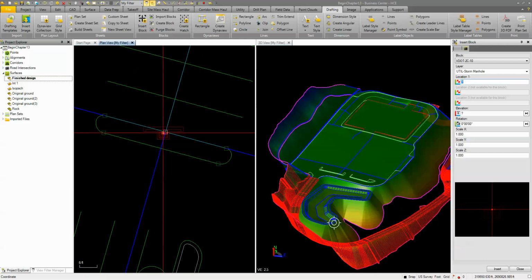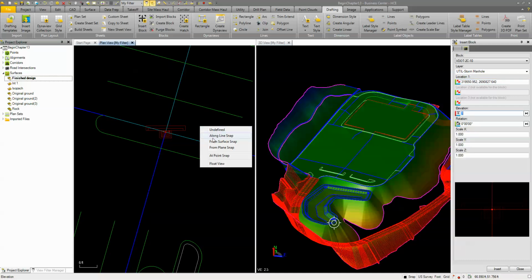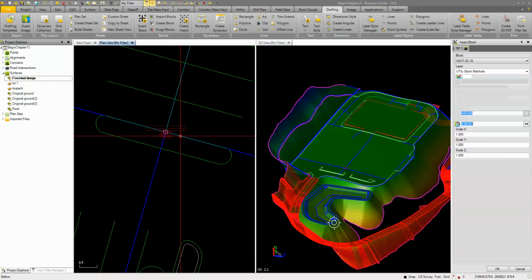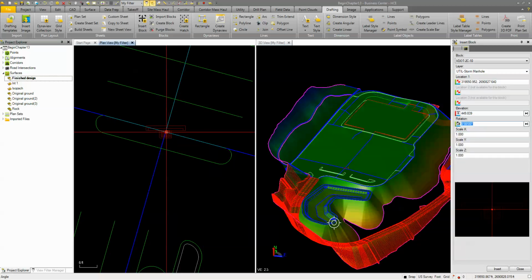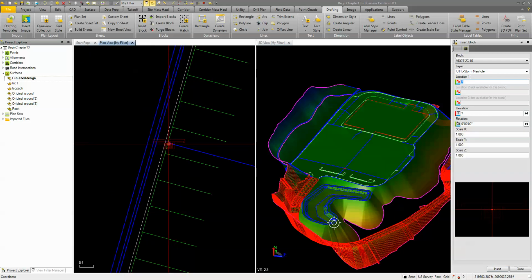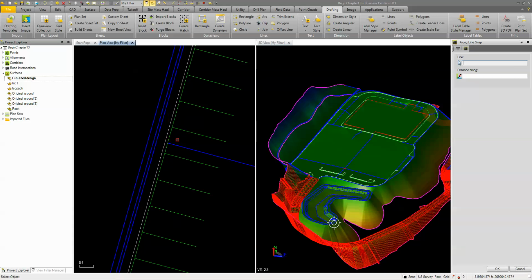So we're dropping another one in here, and the elevation is going to be along the line, which is our grading plane break line. Our rotation will be from here, and it'll be this way, along there, and insert that one. And then up over here, do the same thing, drop it in along the line snap here,